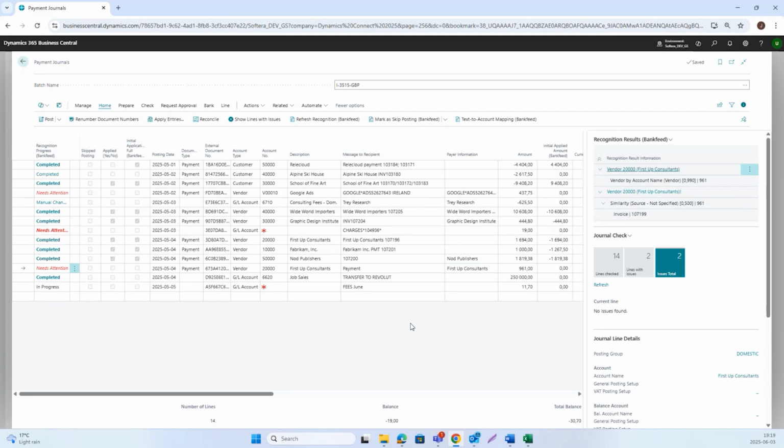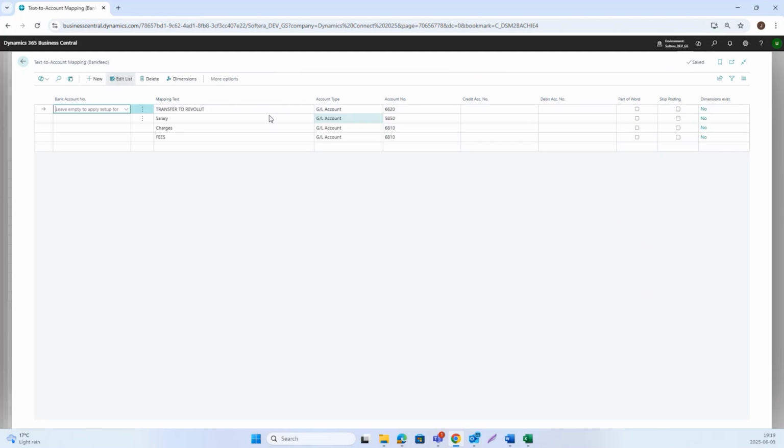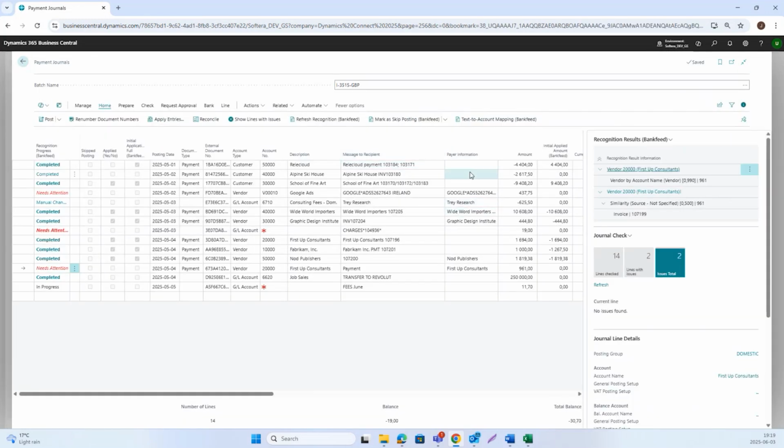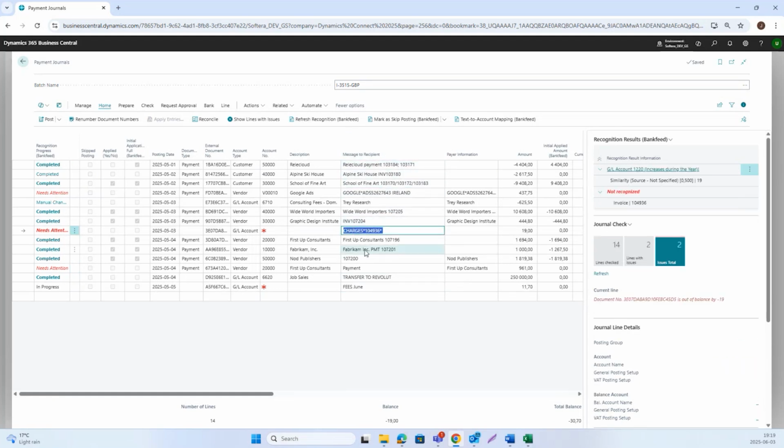One more recognition type is text to account mapping. This is very liked by all the accountants, because they can make some recognition setup by themselves. And here I just need to take some text, and how do we use this text to account mapping? We use this for texts which are repeated. For example, maybe every day or each month we have some repeated texts like fees, charges, maybe some customer or vendor names which cannot be recognized by other types. So we just can take